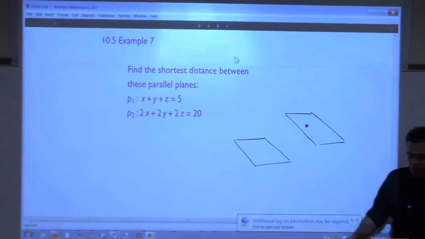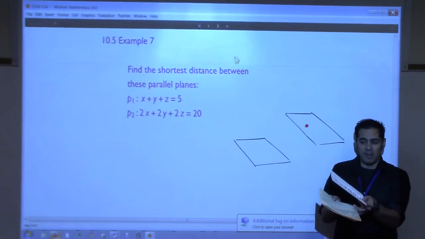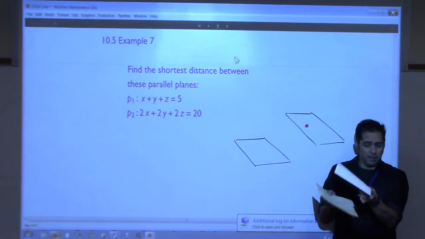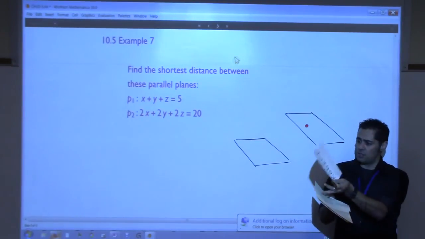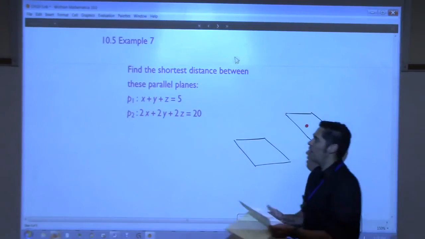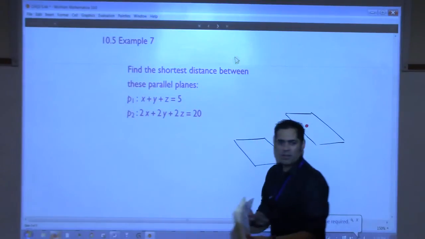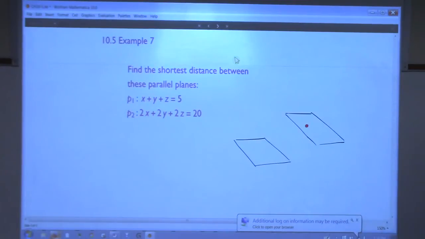If I'm trying to find the shortest distance between two parallel planes, that is equivalent to me asking you the shortest distance between any point on this plane and this, right? All the points on this plane have the same shortest distance to this plane, don't they? So by giving you the entire plane, this is actually overkill. You don't need all that. You just need one point here, don't you? Yes? Okay, so first step